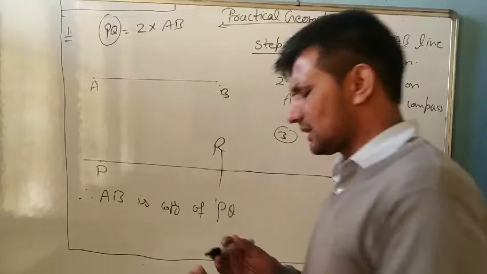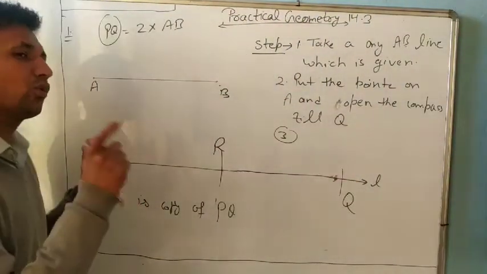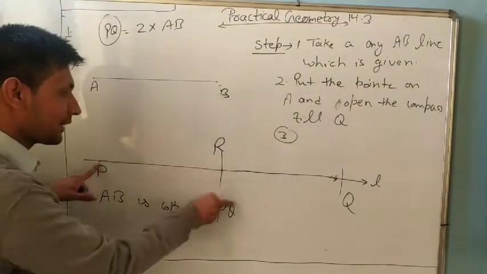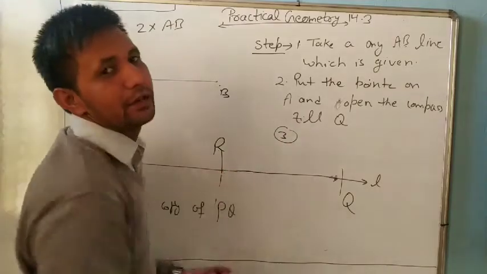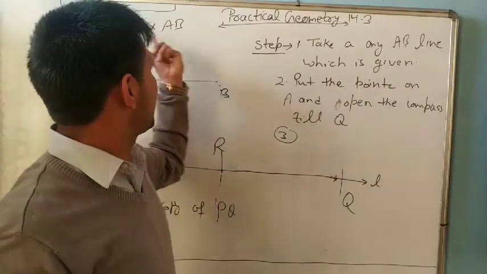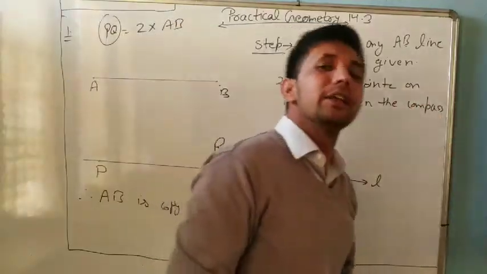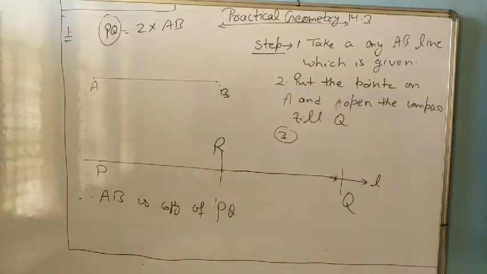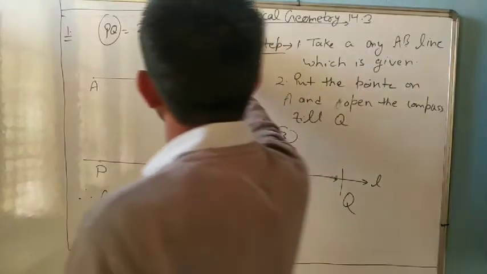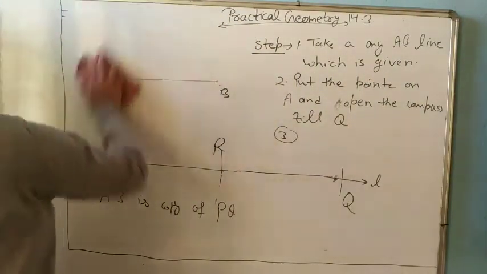Question number 2 is like this one, only very simple. In question number 2, you have to cut 2 times. Put the pointer here and cut, again put here and again cut. It is 2 times. If he asks 3 times, we again cut, and it becomes 3 times. Understand? So exercise 14.3 is also finished. Now exercise 14.4.